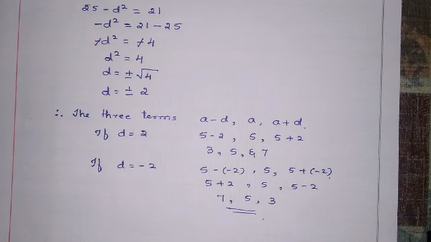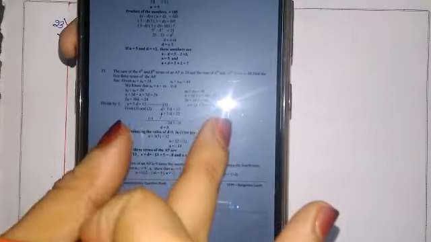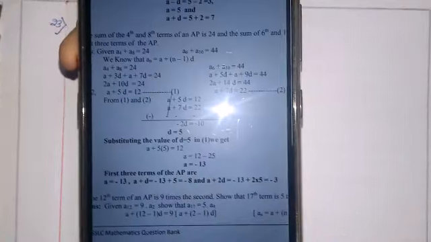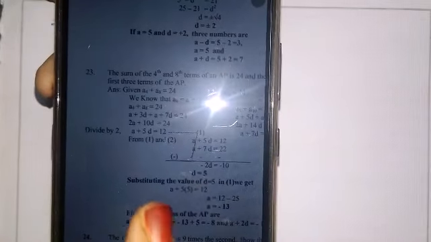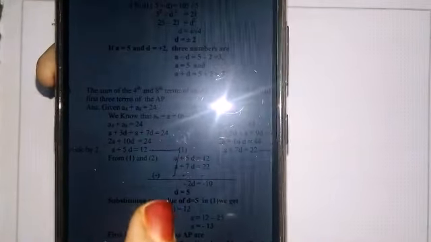Let us see the next question now. Actually, I have left my booklet in school, so I am seeing the questions from where I have got, then I am reading out the question. So let me tell you question number 23 now. First you write the question, then when I solve it, you can refer to the solution. Let me read out the question.